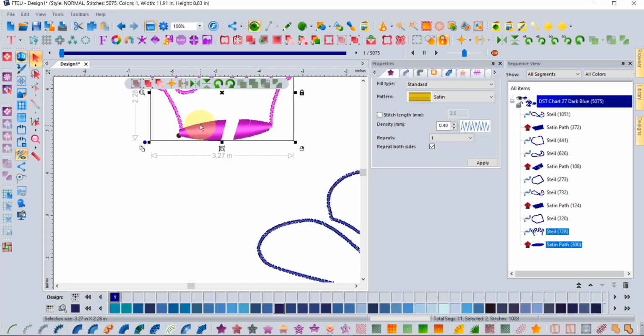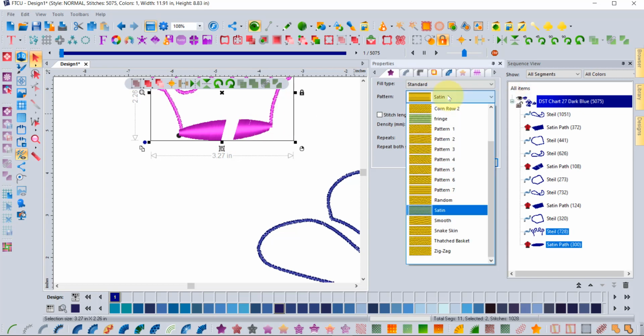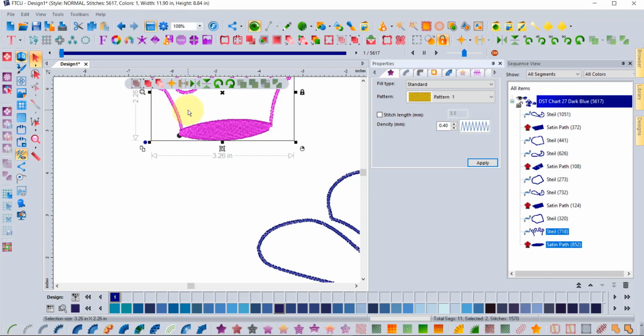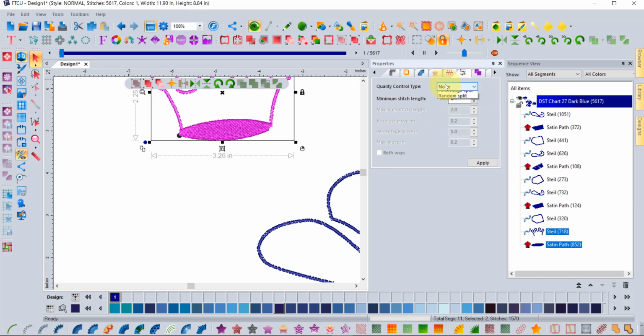But if you make a satin stitch like this and it becomes too long, one of your options would be to change that satin to a pattern fill, and that could be done. But that's going to try and make all of your symbol a pattern fill. What I might do is leave it as a satin, but then look in the different tabs we have for this one that says split, and just make sure it's turned on, and turn it on with either a middle split or what I like to do is a random split,